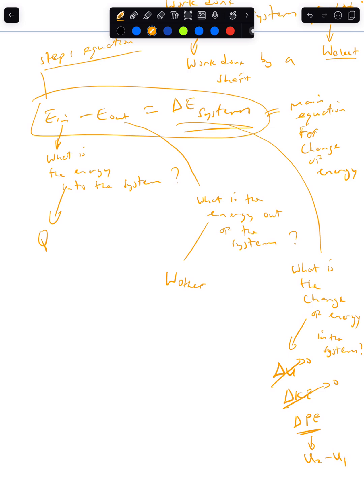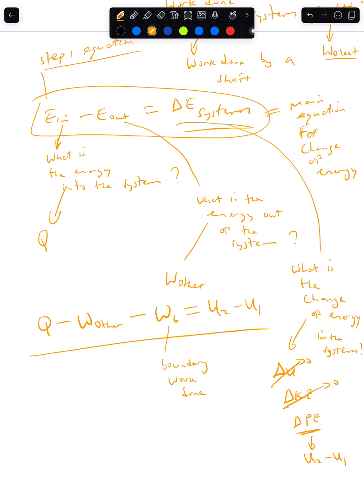As U2 minus U1, and therefore we can say that we have Q minus W other minus W boundary equal to what? U2 minus U1. So this is the other work, and this is mandatory. This is the boundary